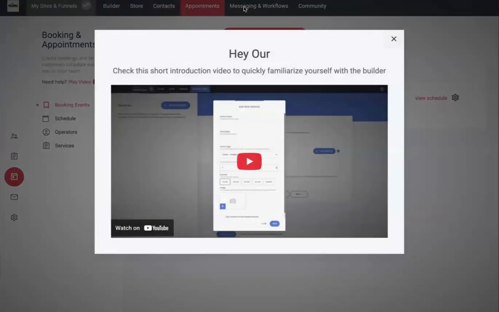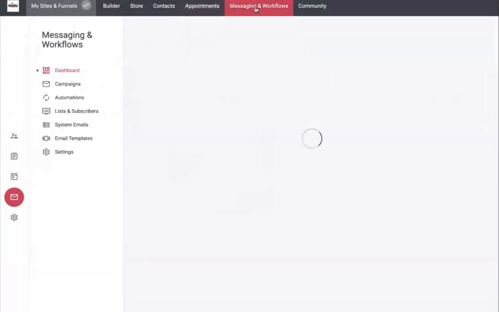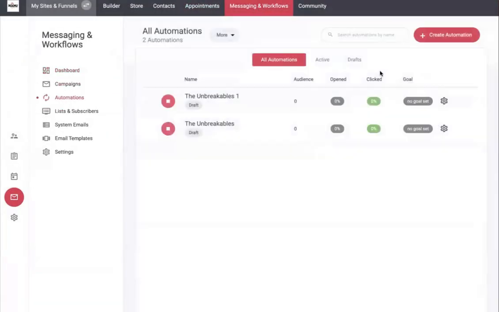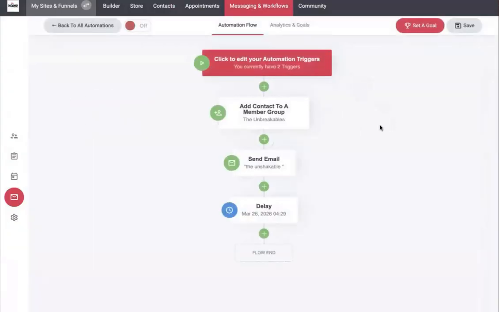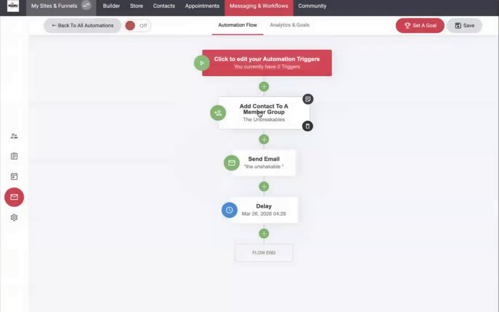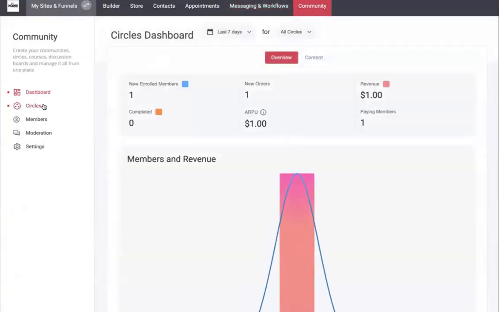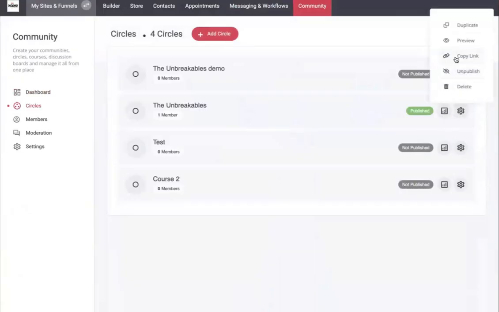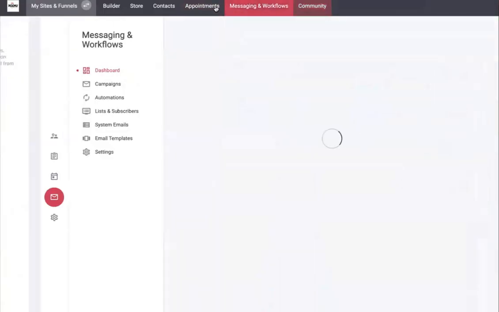In the automation, that's one way of connecting everything because in the automation, as I showed you earlier, now I'm just going to use a different template. You can just trigger it based on if somebody gets added to a list or if somebody gets tagged with a certain tag. And then here you can customize the emails so that they can see whatever they want. So if you want them to see a community that you want to send them to, let's say it has open access and it's good to warm up the lead, you just go here to the community and then copy the circle URL